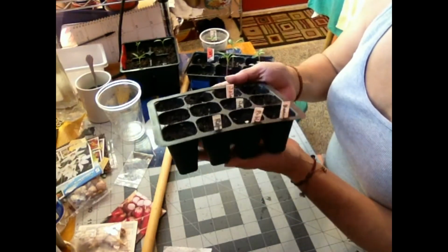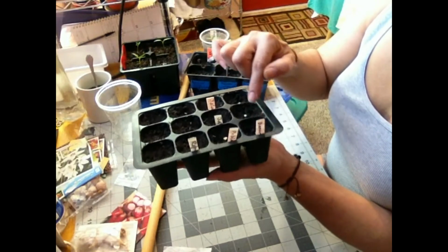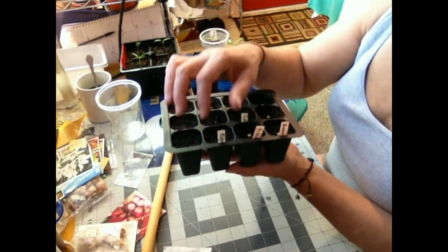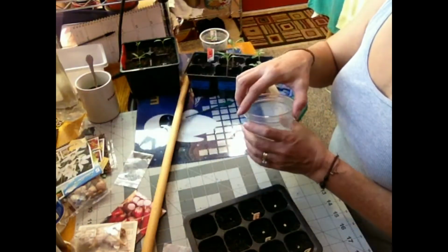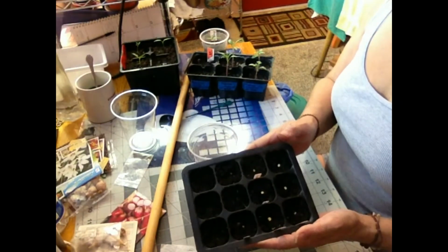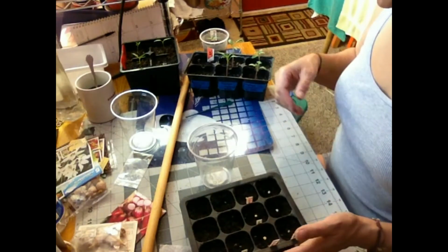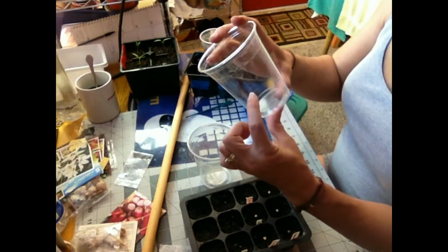So here I've put in different types of pepper seeds: banana peppers, poblano, 2 jalapenos, and then I have some Roma tomatoes I put here. But I don't really want Roma tomatoes there. And I really don't need 3 plants. I just need 2. So I'm going to go ahead and fill these cups, but I'm only going to put